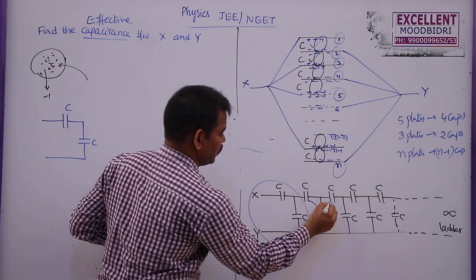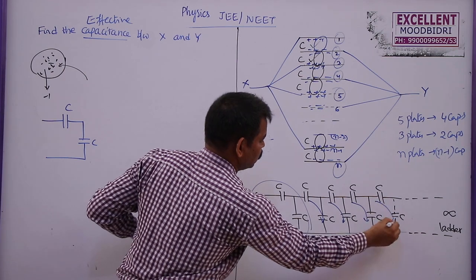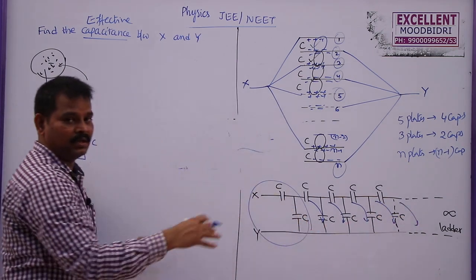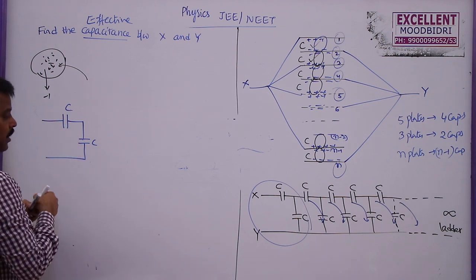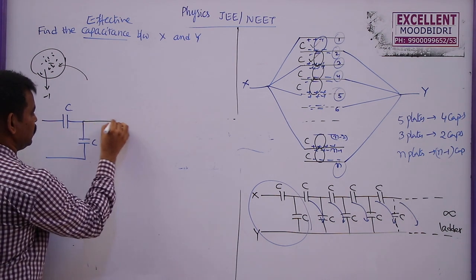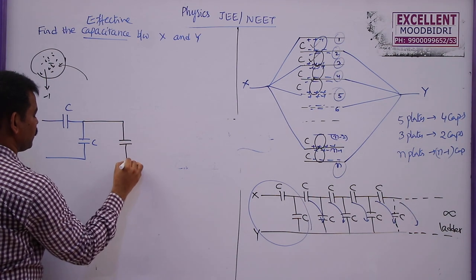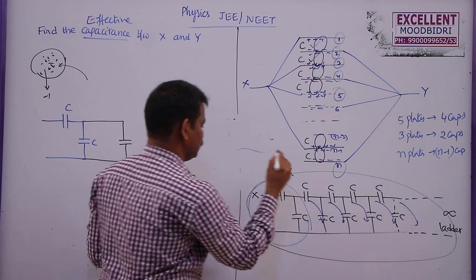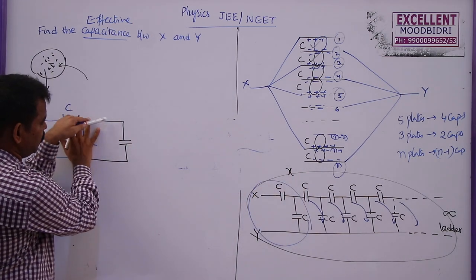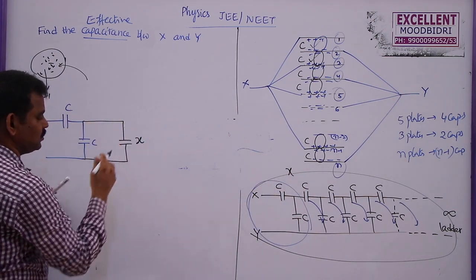This is the second link, third link, fourth link, fifth link, just like a chain. These are all the links. Here, this is the first part, and the remaining part is a given diagram only. Let us say the effective capacitance of this combination is X. So this is the given circuit whose effective capacitance is X.